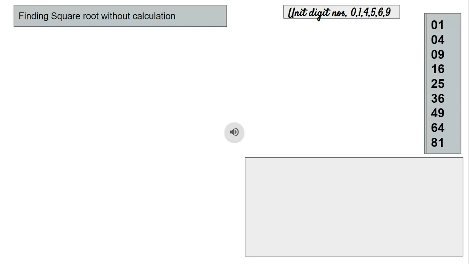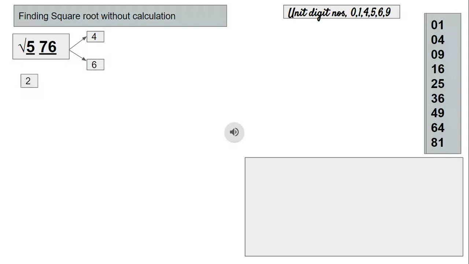First I am taking a 3-digit number, that is root of 576. First you can see the unit digit, that is 6. So their unit place may be 4, otherwise 6. Keep it like that only, that we will see last. First you have to see the other part, here only one digit is there, that is 5. Near the number we have to take the square below the number. So here 2 twos are 4, isn't it? 3 threes will come bigger than 4. So we will take 2. So our first number will be 2.